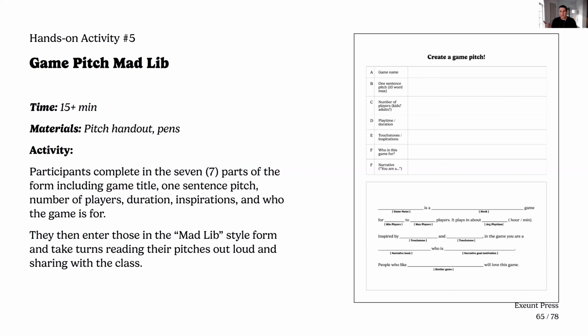So the game name, a 1-sentence pitch, try to keep it down to just 10 words. The number of players, is it for kids? Is it for adults? Playtime, what's the duration of the game? Is this a 15-minute quick thing, or is this a 4-hour large game? What are the touchstones or inspirations? Is it inspired by a book or a movie or other games or a genre of games? And who the game's for. This is something that